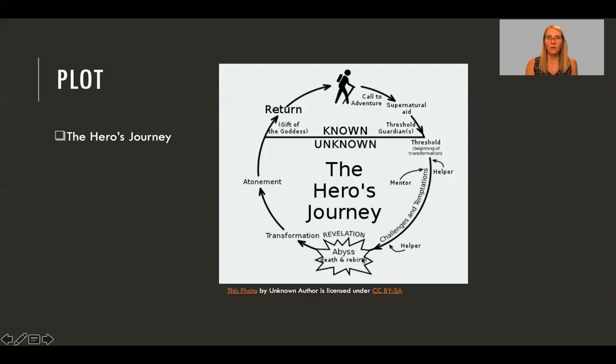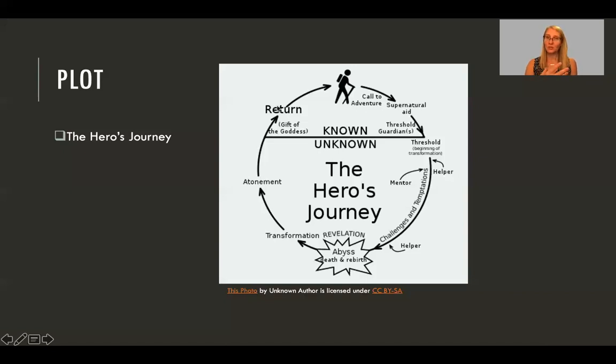The revelation is a moment perhaps of crisis, or the moment of, oh, this is it. I love the prince. This is the moment. This is often called the abyss. It might be a literal death and rebirth, depending on the story, but it might also be a metaphysical, spiritual death and rebirth that leads to transformation, that leads to some sort of atonement or coming to peace,